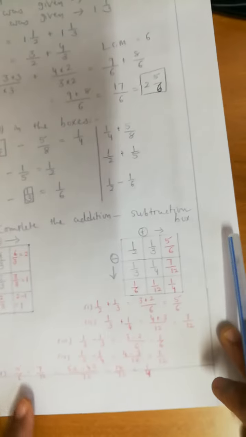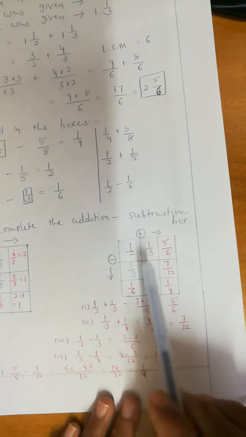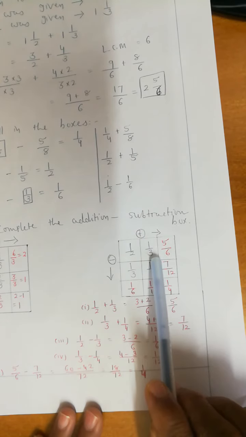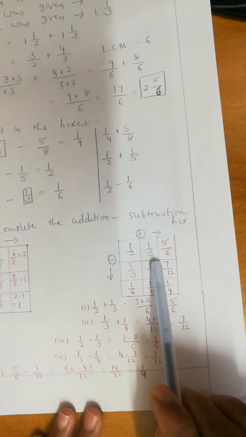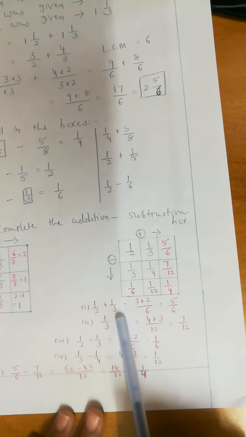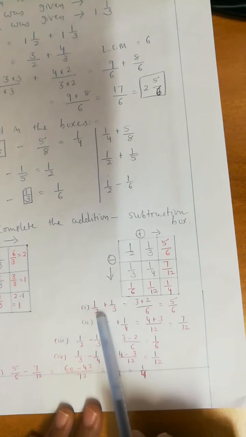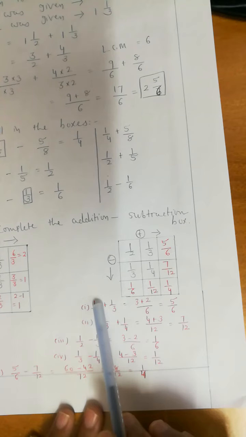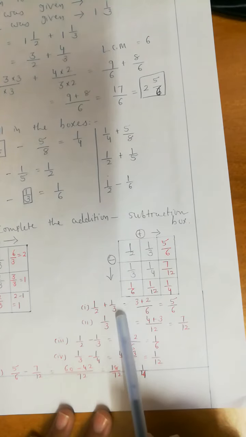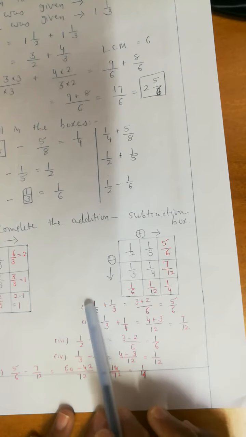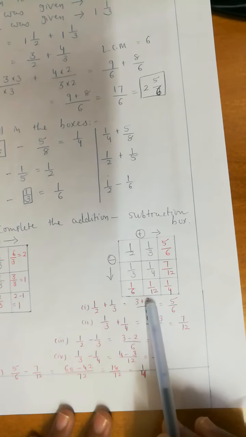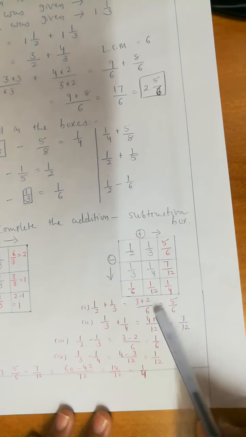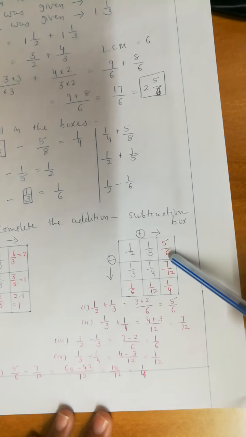Now here in this table the denominators are not same. 1 upon 2 plus 1 upon 3. Therefore here I have to do the method 1 upon 2 plus 1 upon 3. LCM is 6. Here you can also do the cross multiplication. 3 ones are, 2 ones are, means 3 plus 2 upon 2 into 3, 6. Therefore 3 plus 2, 5 upon 6. Your answer is 5 upon 6 here.